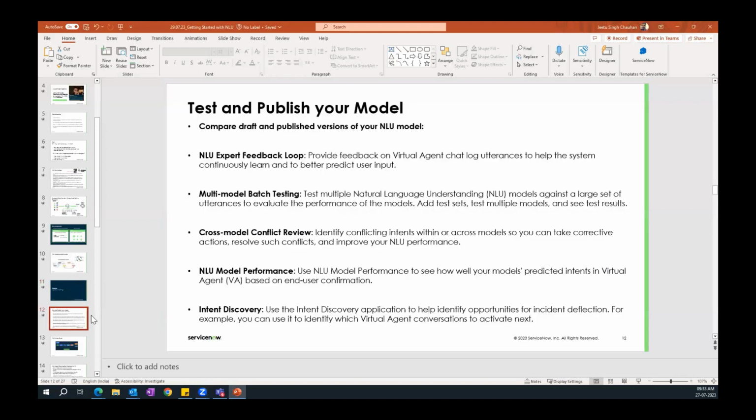So I hope you can still see my desktop. Till now we covered how to create a model, how to interact with your workbench, how to assign your models to your virtual agent conversations. I would like to talk about the various different ways you can test your models. Once you have created your model, these are different options you can test. Of course, you can follow your own method of testing, but ServiceNow gives you a couple of inbuilt options. That's something you can utilize and start testing the performance of your model, right?